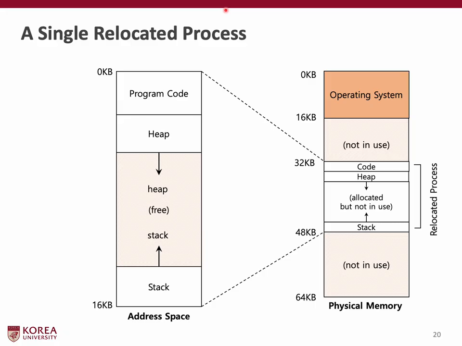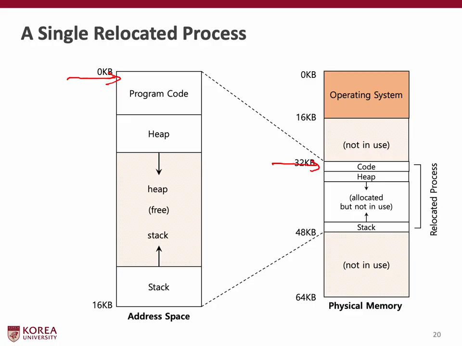So the OS decides to place this process somewhere else in physical memory. For example, starting at 32 kilobyte, like this. As a result, all addresses in this process are shifted by 32 kilobyte in physical memory. So this means when the process tries to access the address 0 in its virtual address space,